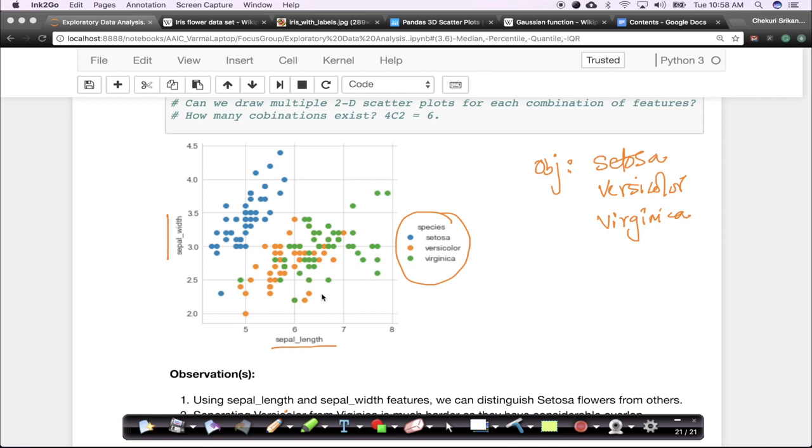Now imagine, just imagine that if I can draw a line here, I'll just change the color here. Let's assume I draw a line here, and I say that everything on this side of the line is setosa. See, we know how to draw lines, right? What if I draw a line? A line in 2D space, we learned it in our coordinate geometry in school. A line can be written as y equals mx plus c. We'll learn more mathematical details as we go, but drawing lines is a very simple task, which is fundamental in